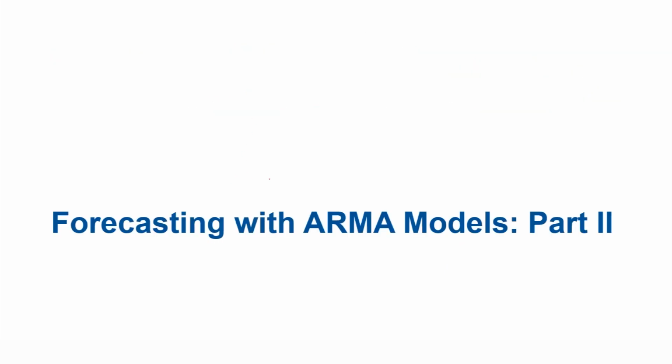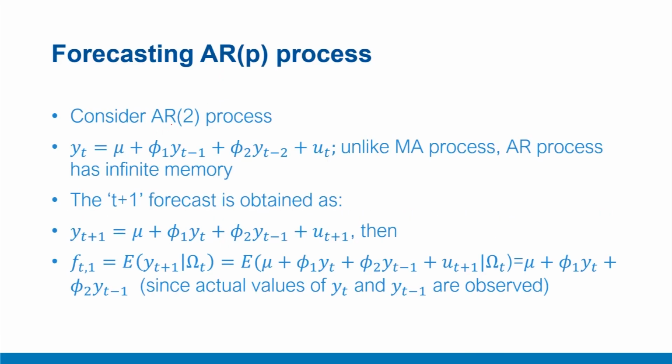In this video, we'll try to understand forecasting for AR processes. Let us consider a simple AR2 process. Its structure would be yt equal to mu, which is again the constant term, may be taken as 0 also, phi1 into yt minus 1 and phi2 into yt minus 2, which are the previous values along with the autoregressive coefficients phi1, phi2, and the white noise error term. Now, as we'll see very shortly, unlike the MA process, which was restricted to the number of lags of white noise terms, the AR process has an infinite memory. We'll see that. So let's understand what will be the t plus 1 forecast here.